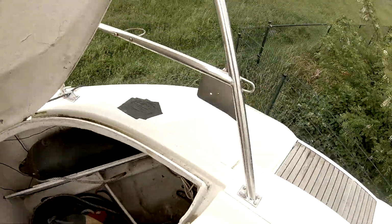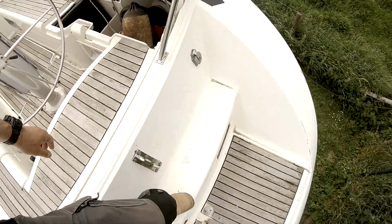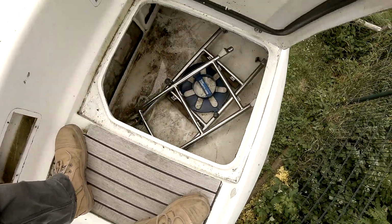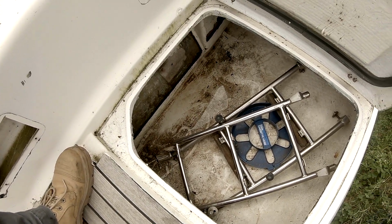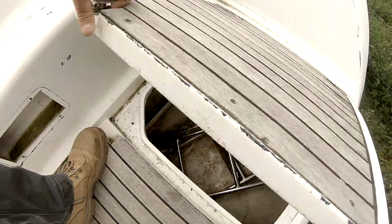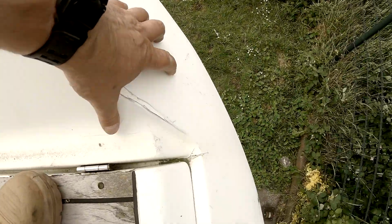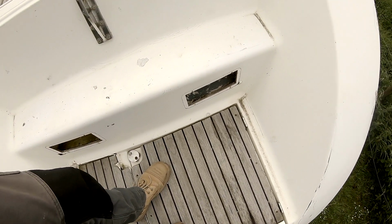And another place, on the aft of the ship, on the swim platform, there's also some water here, but that's just a little bit. Don't mind that really. I noticed there's a hole here, so I might tape that one off to prevent it leaking beneath the swim platform. But then again,